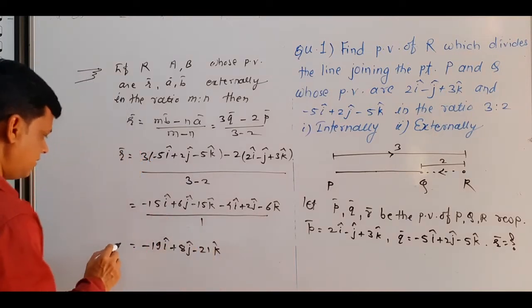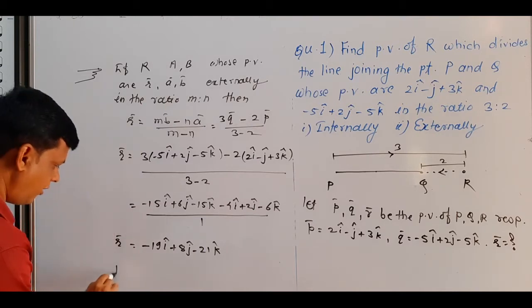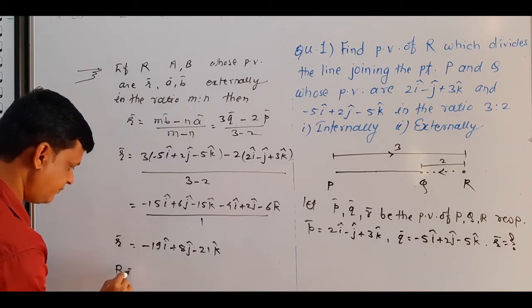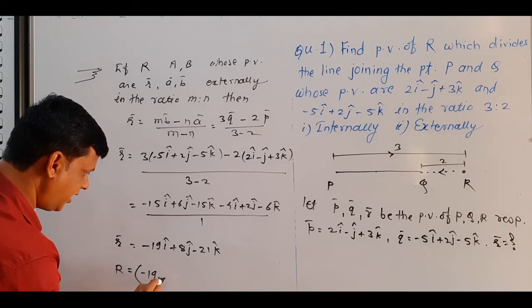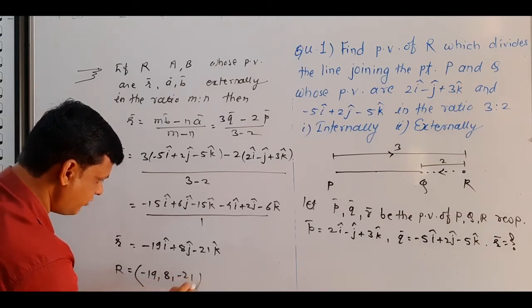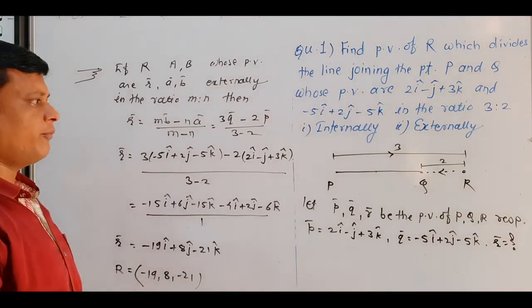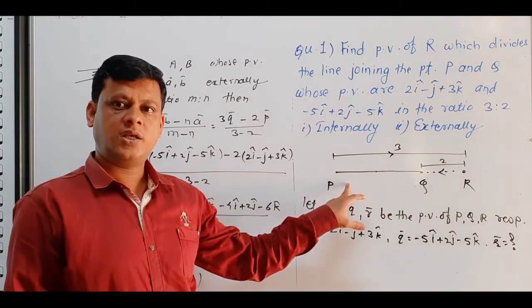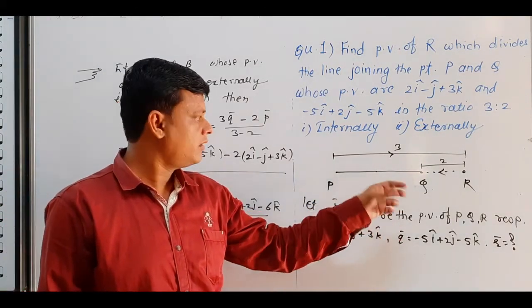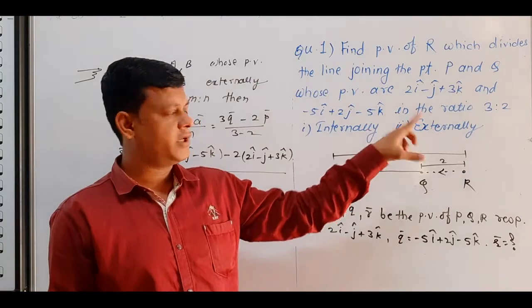So we write the coordinate of point P as minus 19, 8, minus 21. So in this way, when point R divides this segment PQ externally in the ratio 3:2,